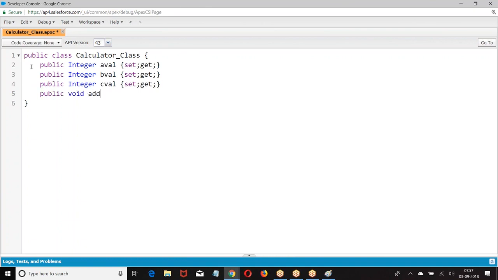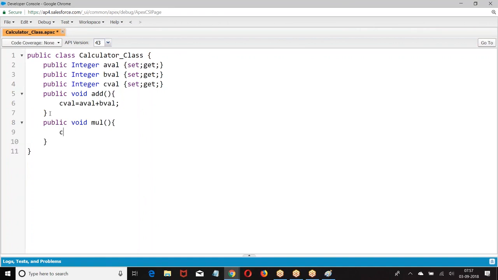I have created a public class with 3 methods. This is how we create A value, B value, and C value.